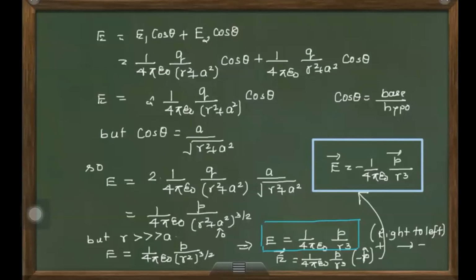The second thing, which is important and noticeable, is that when you are on the axial axis, your electric field will be in the direction of dipole moment. It means आपका वहां पे इलेक्ट्रिक फील्ड नेगेटिव टू पॉजिटिव होता है, but when you are on the equatorial position, your electric field direction will be from positive to negative. It means it will be opposite to the direction of electric dipole moment. So one year in the 12th class board paper, it was asked what is the direction between the electric field of an electric dipole in